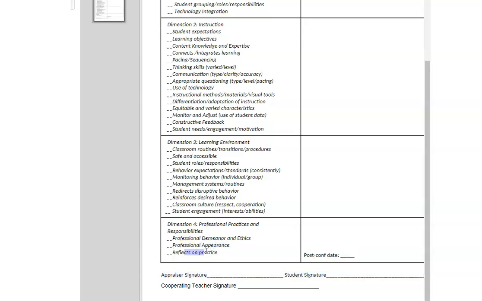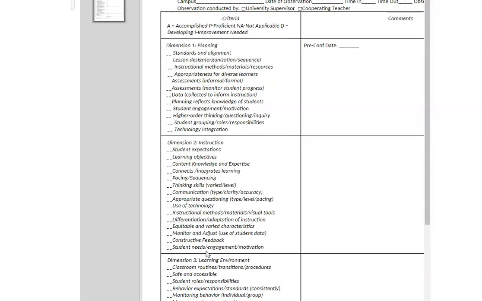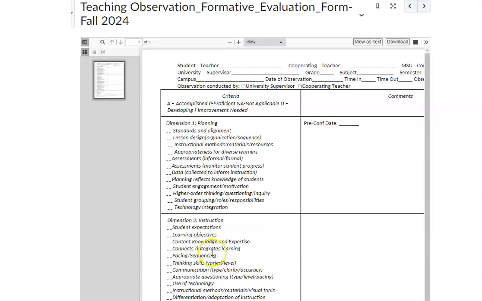So your reflection gets counted for your lesson plan, as we talked about. It gets counted over here, and it also has a separate grade. That is why I keep saying that the reflection piece is one of the most critical pieces in your teaching lesson. Let's talk about